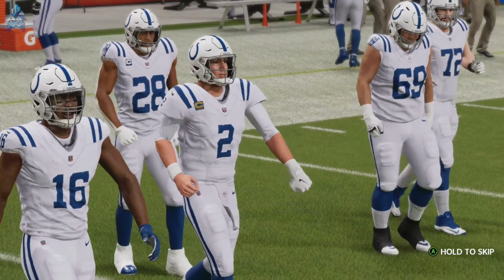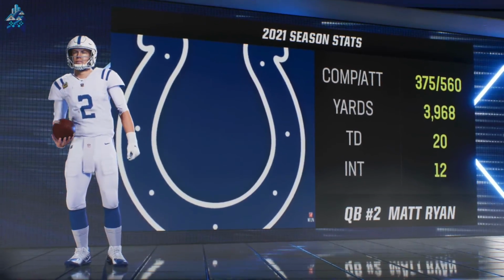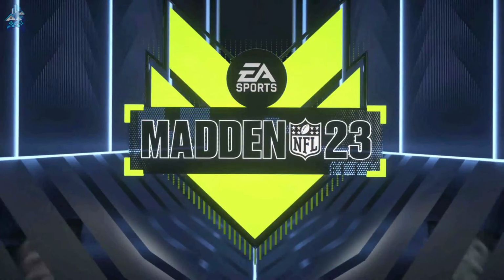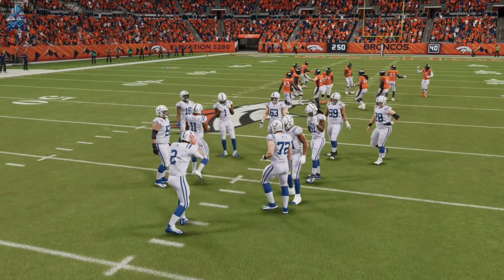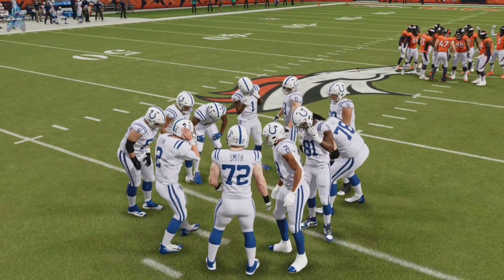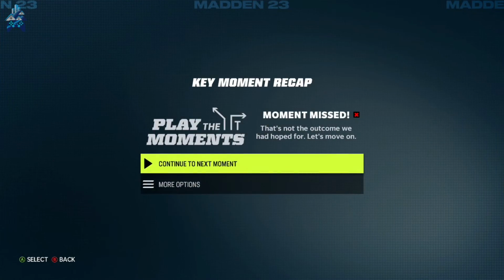the very next series. As Indy's offense takes the field for the first time, we take a look at Matt Ryan, top 10 all-time in passing yards, playing his first career season outside of Atlanta. In a storied career that has spanned 14 seasons and nearly 60,000 yards through the air, we're seeing a brand new